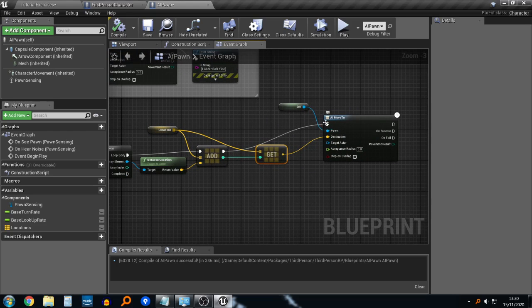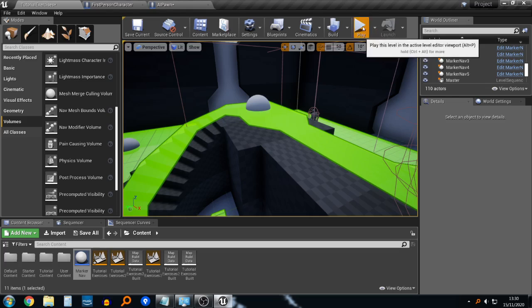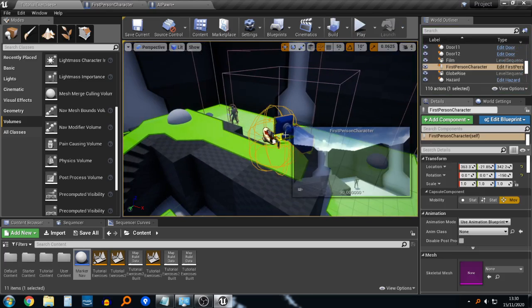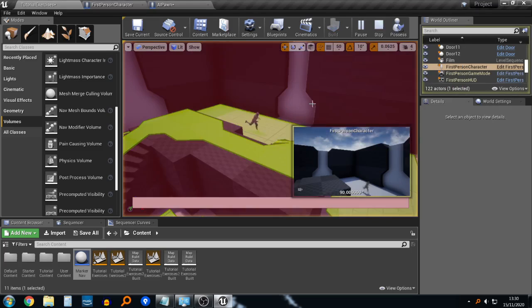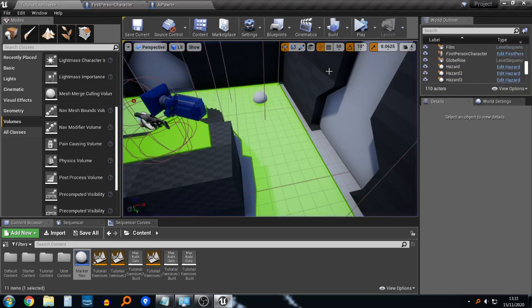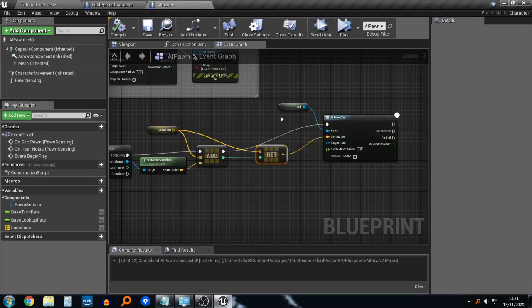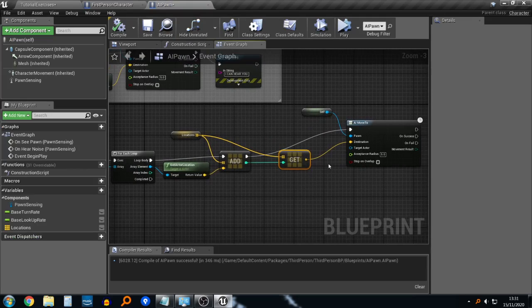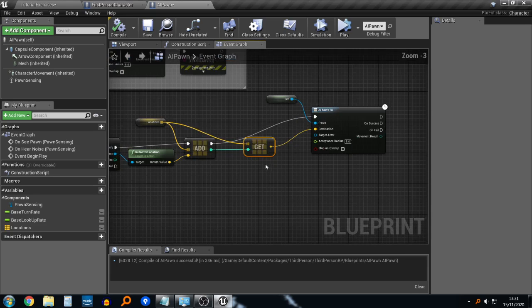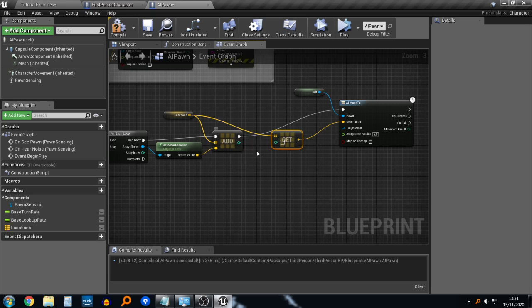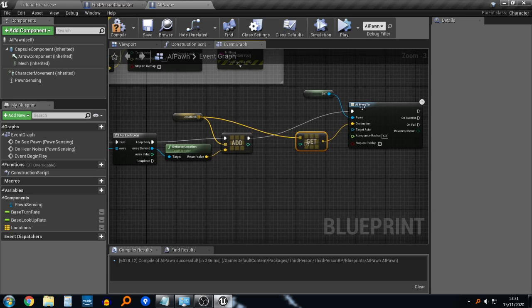Now, this isn't actually going to work. This is going to cause some weird glitching with our character. So if I simulate, it's going to run to the first location and then do nothing, which isn't what we want. To be fair, I think that might be the 5th placement, but I'm not 100% sure because I think it's the last item in that list. So what we need to do instead is, rather than connecting that to there and connecting this here, we want